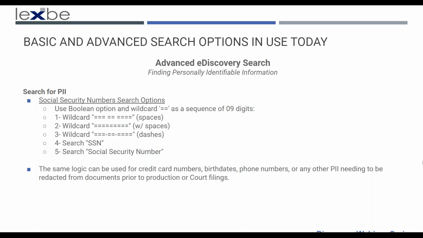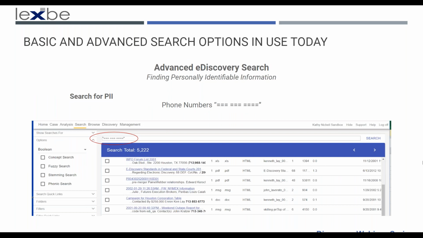So here's just an example of how it would look in LexB if you did that. You'll see here in the search box, we have the syntax that I mentioned before, and it's pulling out phone numbers, any numbers that have that sequence above. So this would be a phone number: the area code, the first 3 and the last 4. And you'll see here in the results that we have some hits on these phone numbers with the 713 area code.